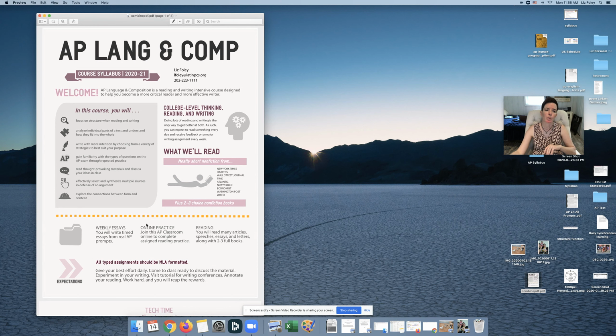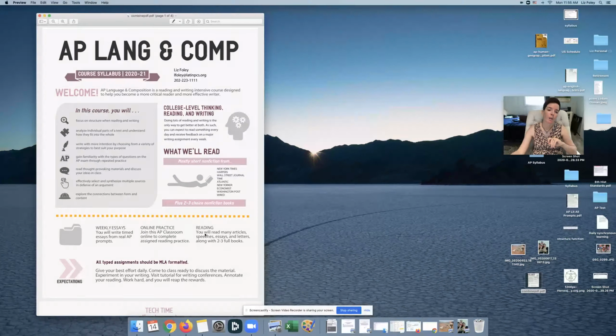We're going to practice those weekly. So as you can see here on the syllabus, the students are going to be writing an essay a week for me. During that independent work time on Thursdays, they have approximately 40 minutes to write. Students with extended time have an hour, and they'll get those back very quickly, 24 hours, 48 hours max, so that they get really quick feedback on their writing. We'll also be doing some online practice on the College Board's AP Classroom site because the other portion of the exam is multiple choice. So we'll practice that online as well.